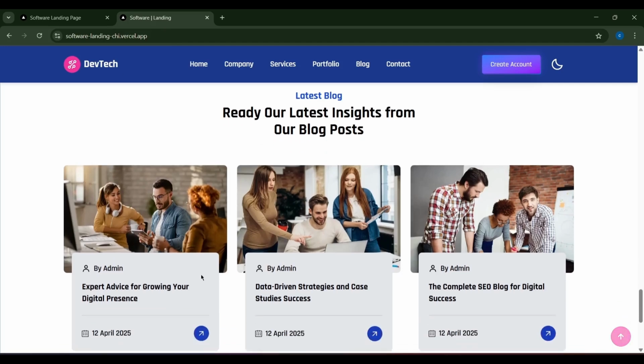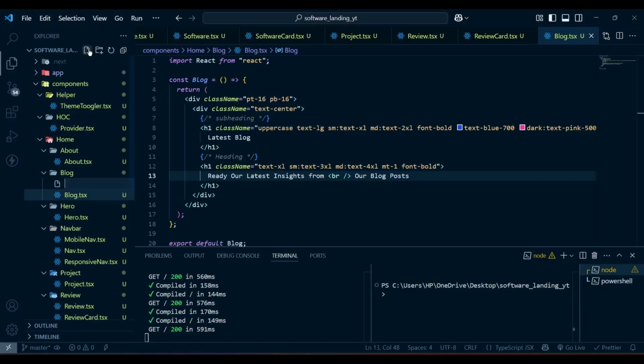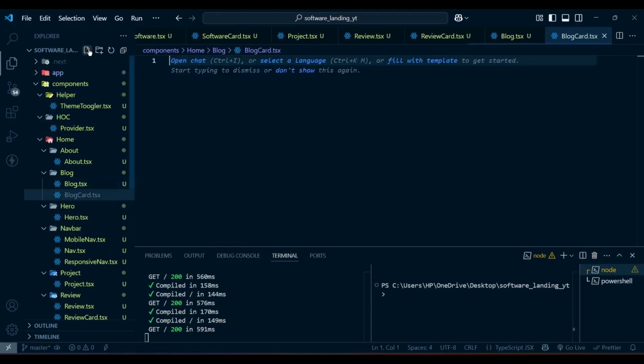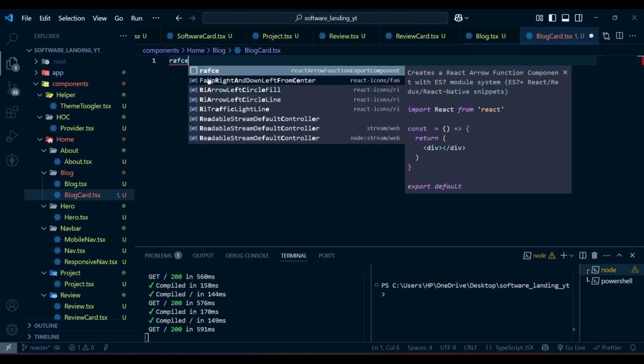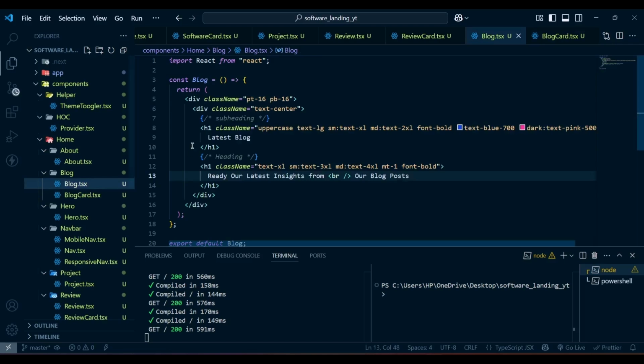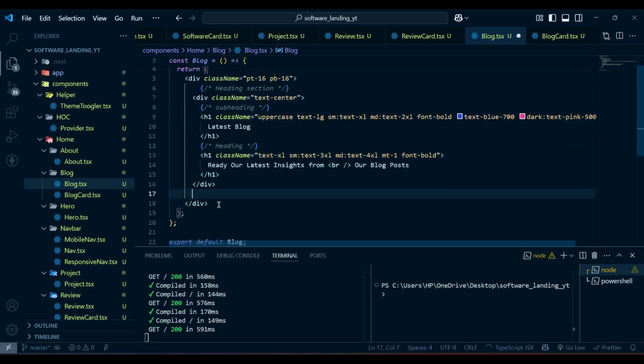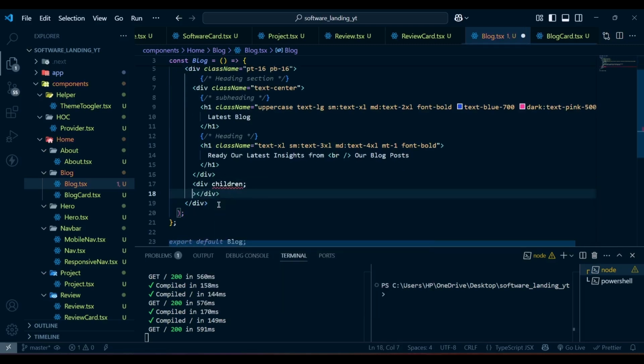Next we have the blog card. For the blog card, I am going to create a reusable blog card component. So let's go to our project. Here I am going to create a blogcard.tsx, and then I'm going to use rafc to create the component boilerplate, and then let's go to the blog. After the heading, so let's add here heading section, and after the heading we'll have another div with class name of